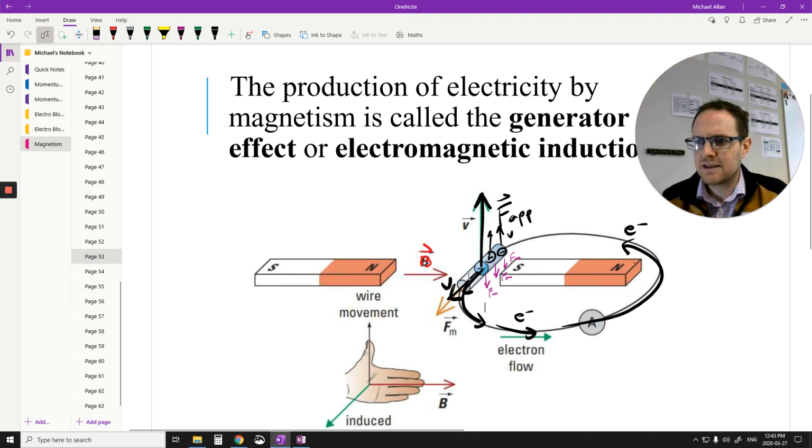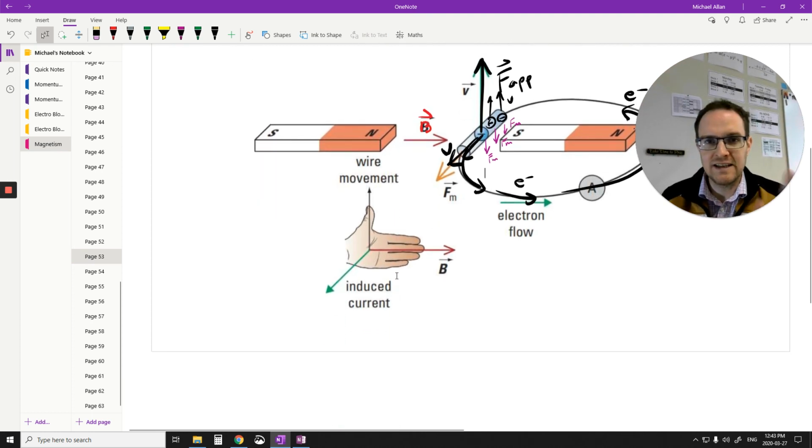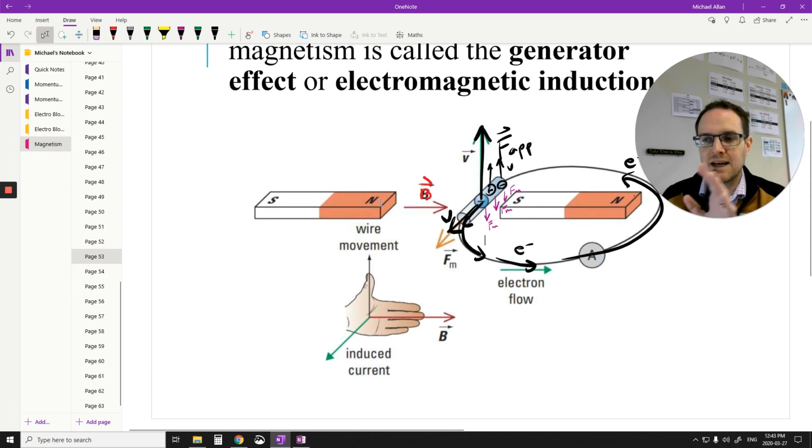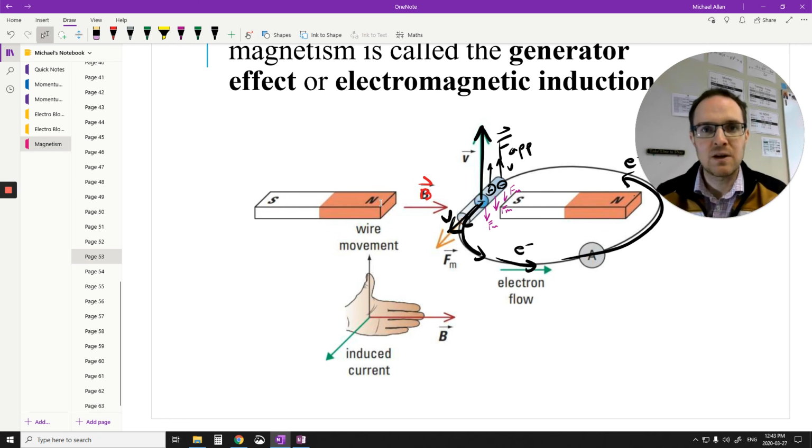So that's the case there. That's what we call Lenz's law. We're going to deal with that one more in the next video as well. But that's the gist of how Lenz's law works. You're just trying to resist the motion that you're causing. It's like Newton's first law. It wants to stay stationary, so it's going to resist that motion. It's going to be similar to other laws that we